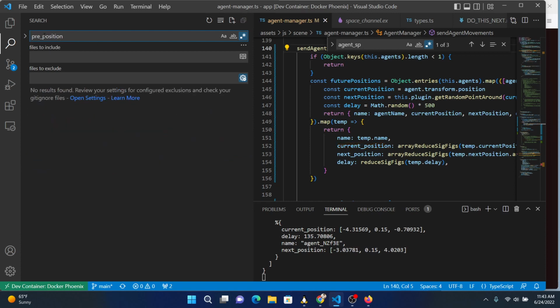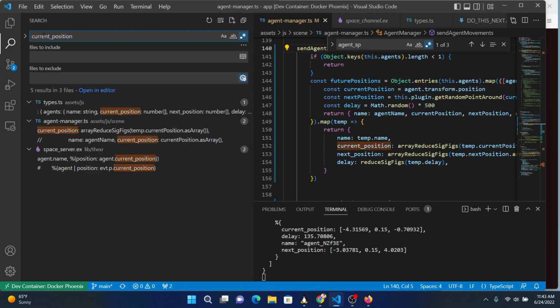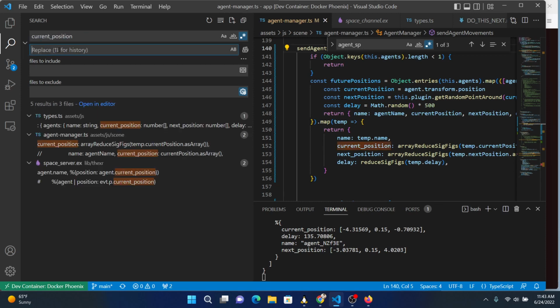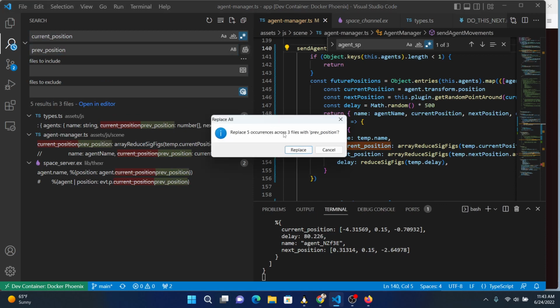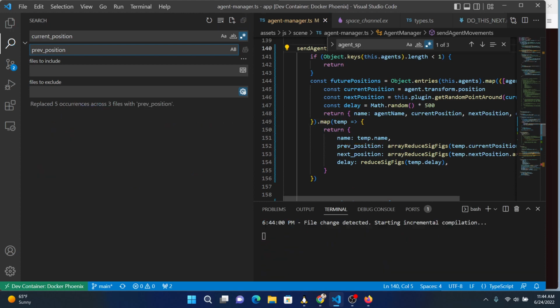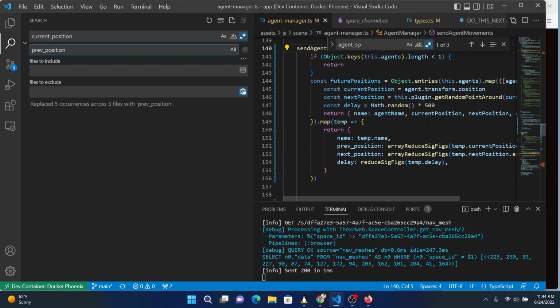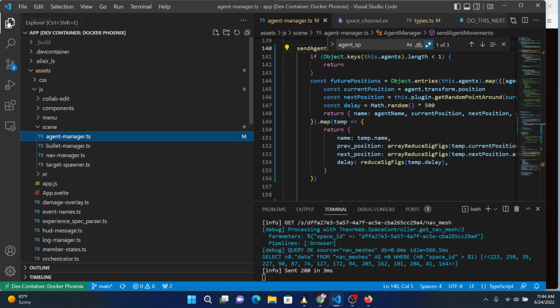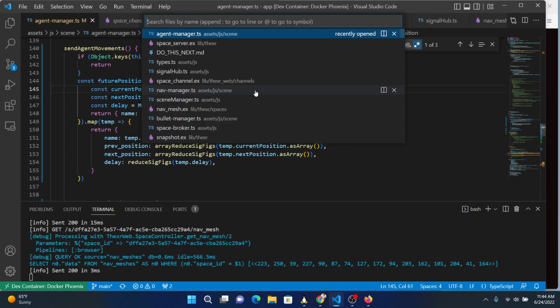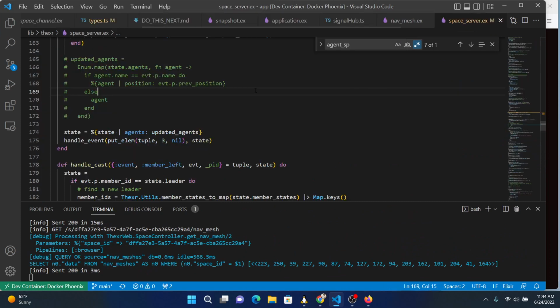Oops. Current position, and replace this with previous position. Here, go ahead and replace that. In the space server,